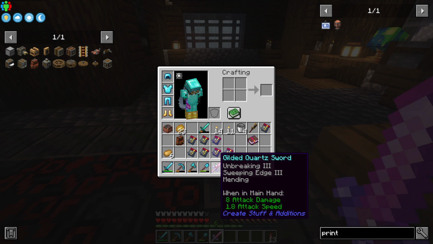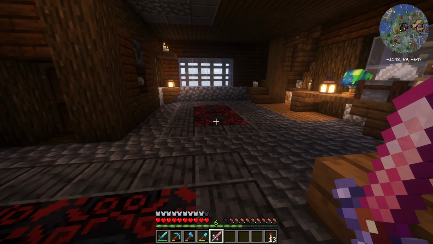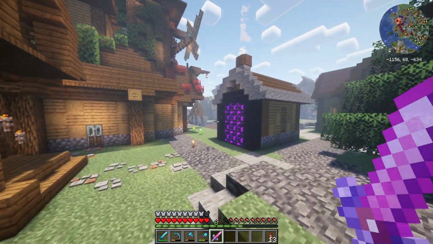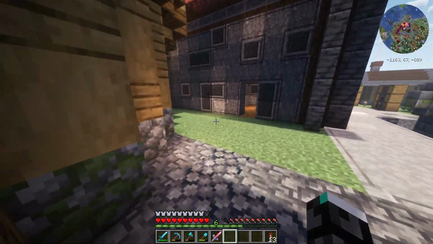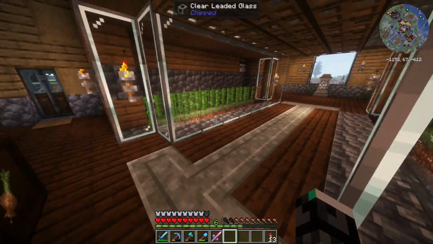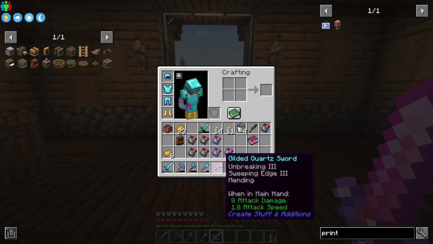So by using all we just learned, I made this sword with Unbreaking 3, Sweeping Edge, and Mending. So hopefully it will actually repair itself. I'm not so sure it will, because it turns the experience into something else, into those nuggets of experience. So I guess we do have to test it a little bit, because if it breaks, I need to make, well, basically